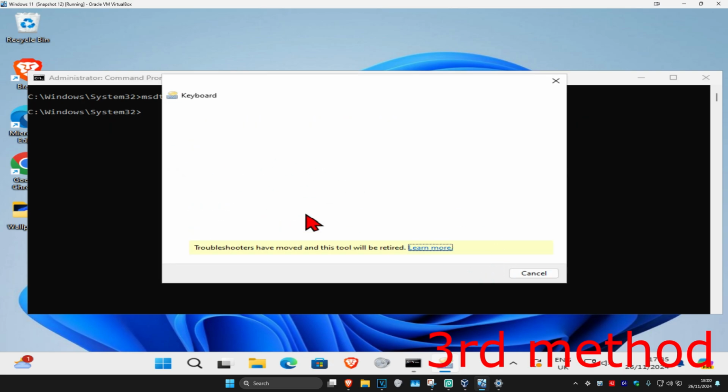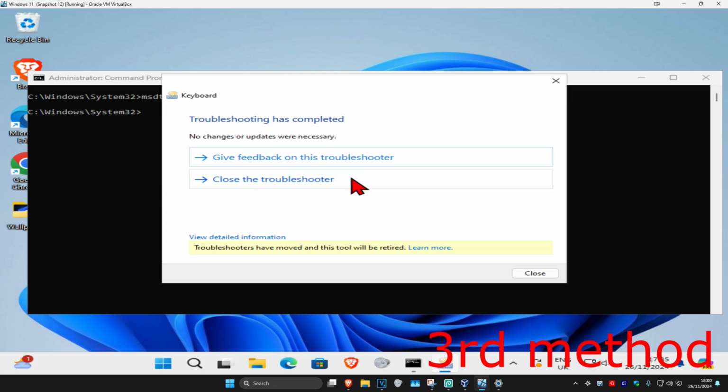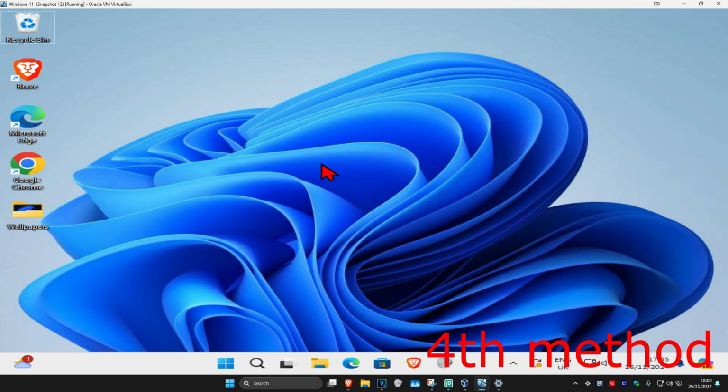You want to click on next. If it detects anything, it's going to fix it for you. If you're using a gaming keyboard, make sure you have game mode unselected if you have a game mode key